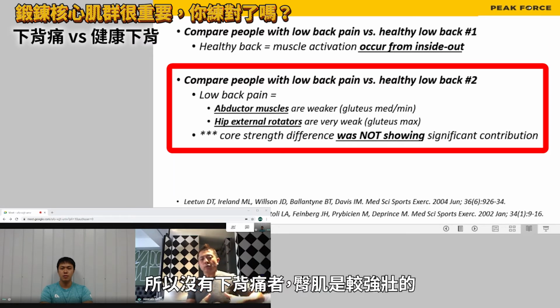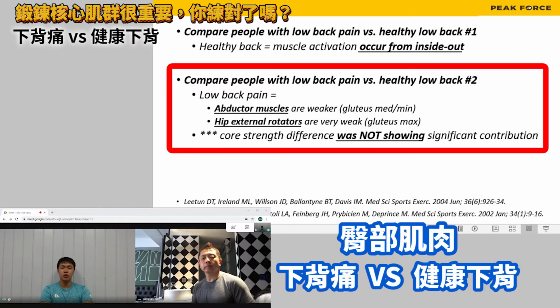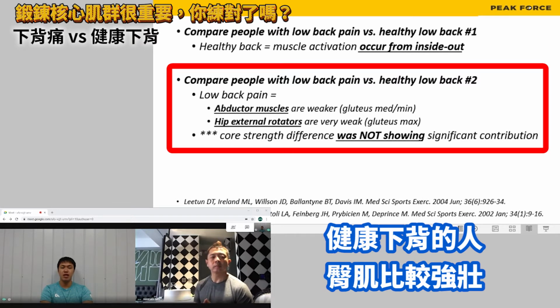So the big glute muscle is actually stronger in healthy back individuals. 第二份研究比较的是臀部肌肉，包括臀大肌、臀中肌、臀小肌，以及髋内外旋肌肉的强壮程度。